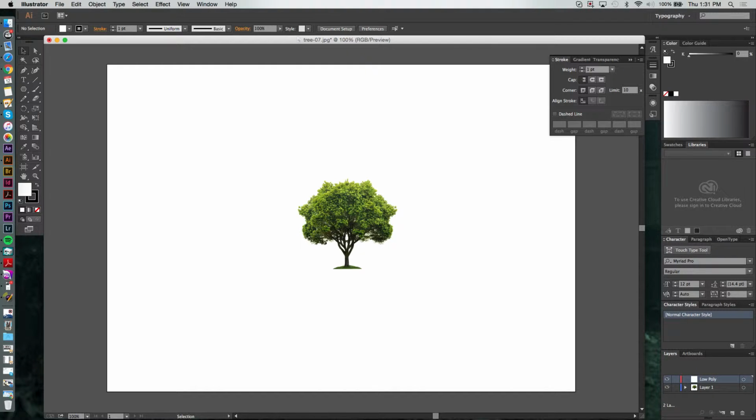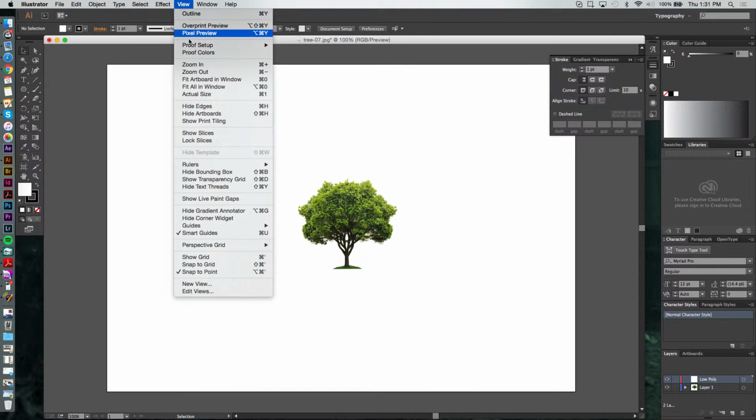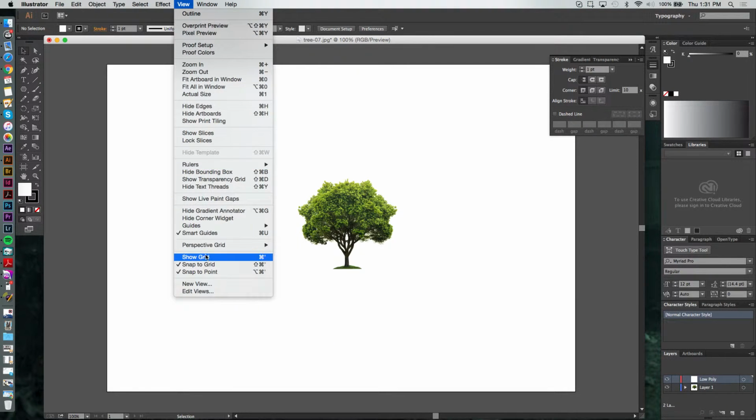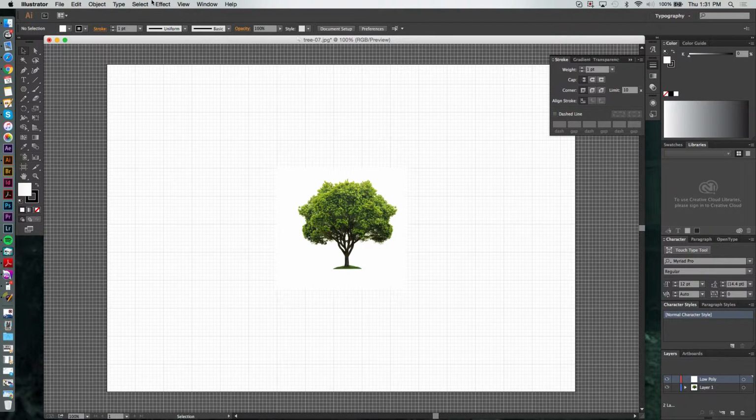So after that, you can go to View, to Snap to Point, Snap to Grid, and also Show Grid. So after you do this,